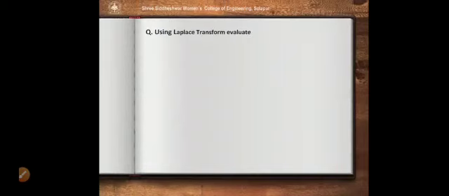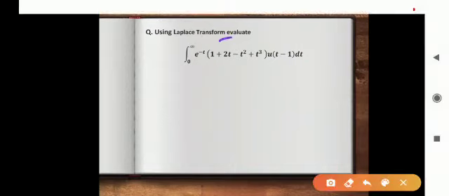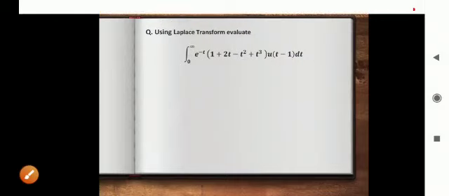Using Laplace transform, evaluate the integration from 0 to infinity of e raised to minus t into 1 plus 2t minus t square plus t cube into u of t minus 1 dt. Now see here, when there is a question of the form evaluate and the integration is a definite integration and the limits of integration are from 0 to infinity, then and only then you can apply the Laplace transform method to find this result. So this is nothing but